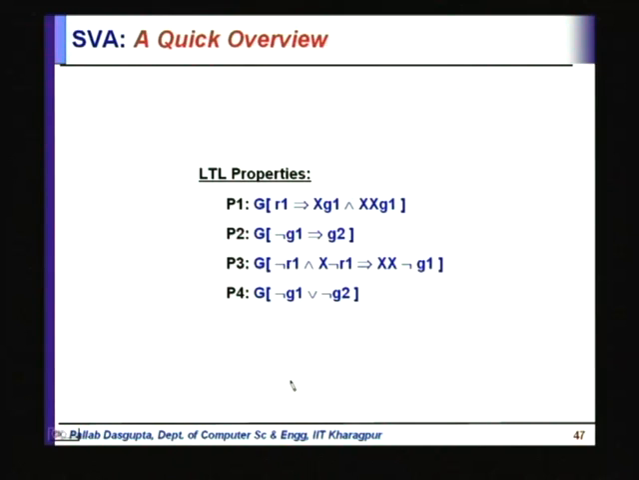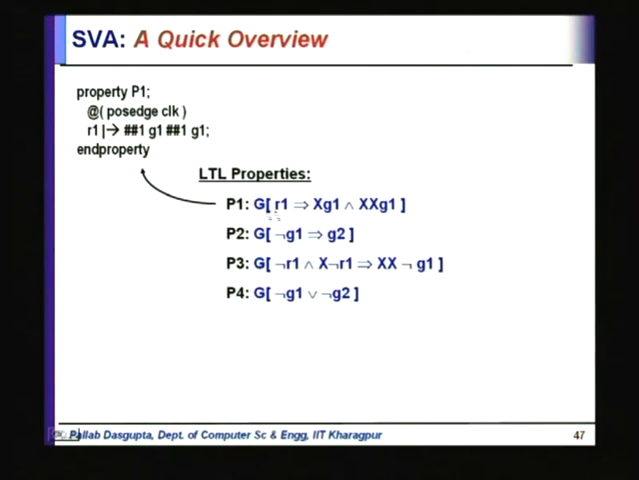So, these are our properties. Let us start one by one. This is the SystemVerilog assertion for the property P1, which says that whenever we have R1, then in the next cycle we must have G1 and in the next to next cycle we must have G1. Now, see here, always this says property P1 at posedge clock, if R1, then in the next cycle G1 and in the next cycle G1. Now, see we did not put XX here,